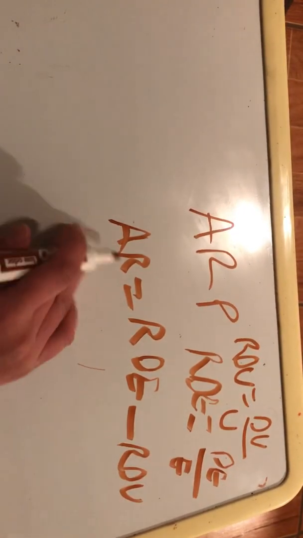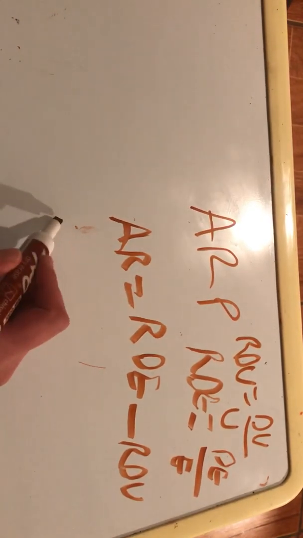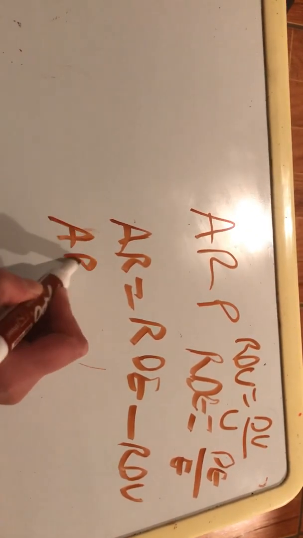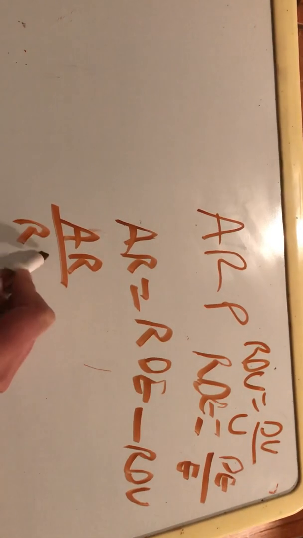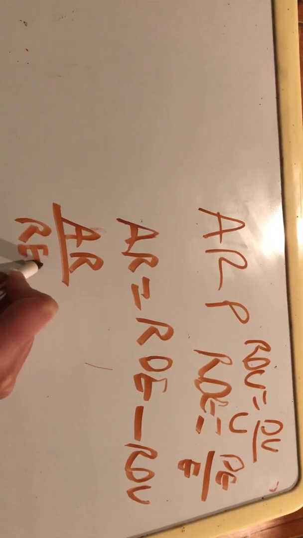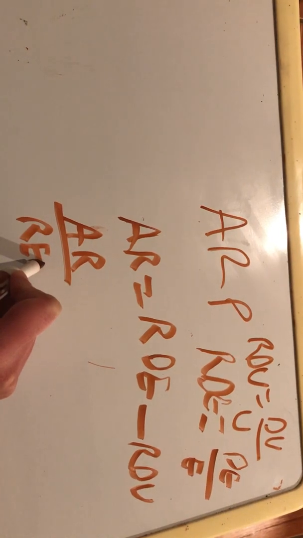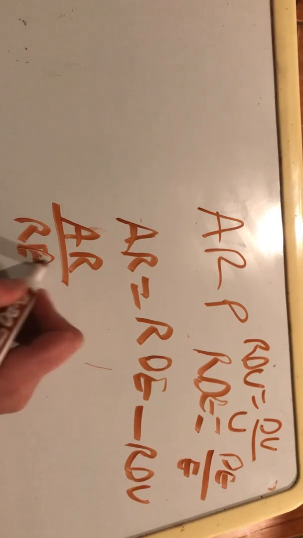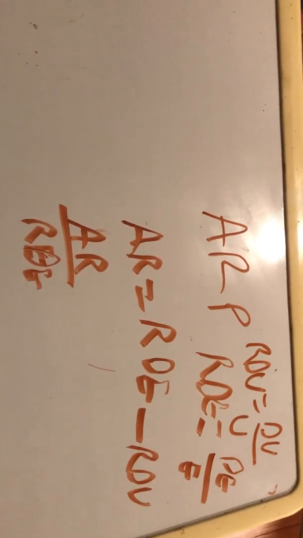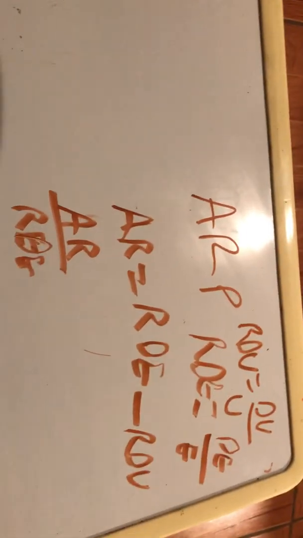So the attributable risk percent is the attributable risk divided by the rate of disease in the exposed group. The rate of disease in the exposed group. Because the attributable risk is,